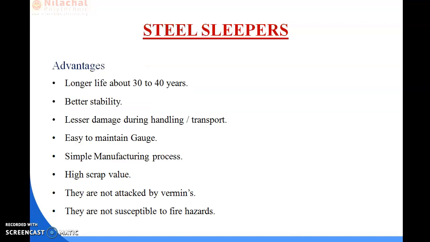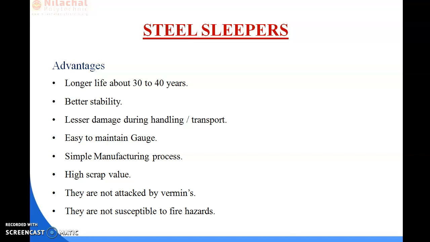Okay, next is your steel sleeper. The advantages of steel sleepers are a lifespan of 30 to 40 years, better stability, less damage during handling, easy maintenance of gauge distances, a simple manufacturing process, and high scrap value.